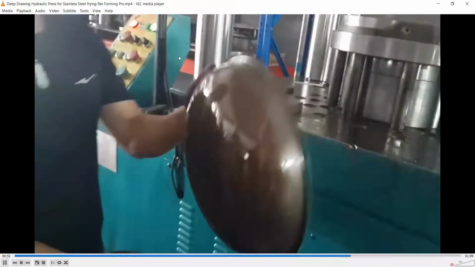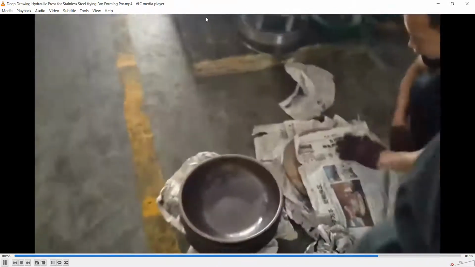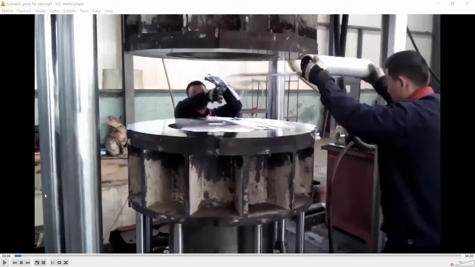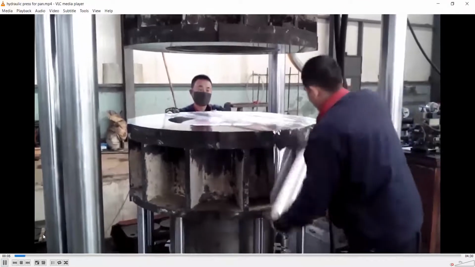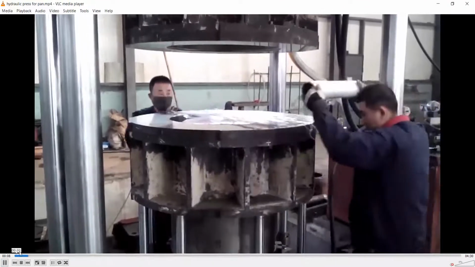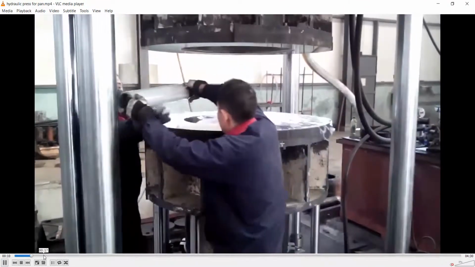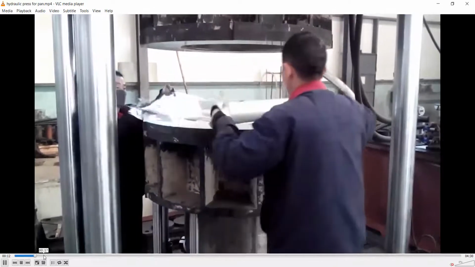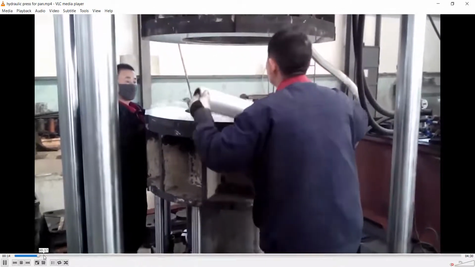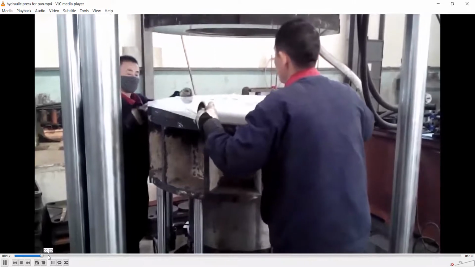So you could see the part has been made. This is another example of a deep drawing process. Here the part that we are drawing is large in size.